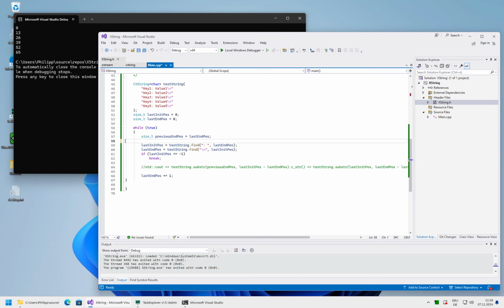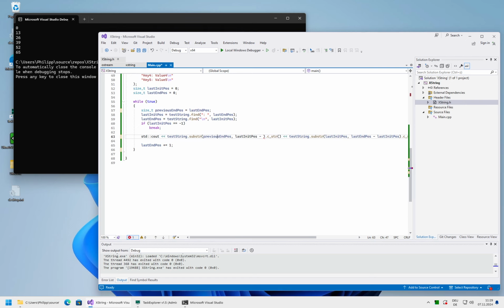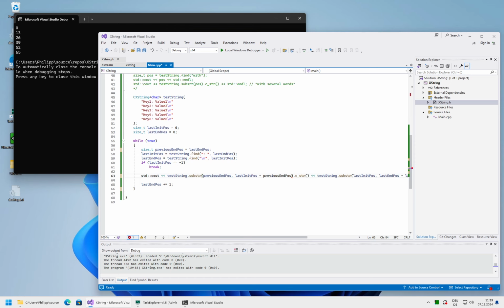Okay, so now let's just print. So we take previous end and we print until init pos minus previous end. That prints us always the key.